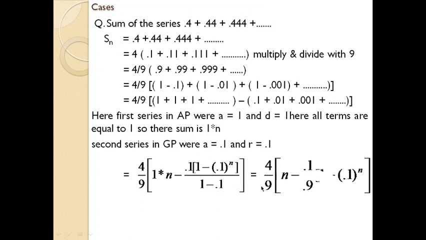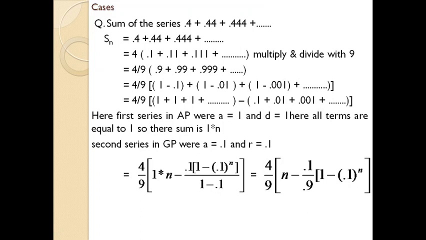By solving that, you will get 4 by 9 into n minus 0.1 divided by 0.9. 0.9 is 1 minus 0.1, into 1 minus 0.1 raised to n. We can't go any further from this step, so the answer will be this one. Whenever you are dealing with such a situation, you may not end up with a whole number, a positive number, a negative number, an integer or a rational number. Sometimes you may get an answer in an equation form or a format like this. Don't get confused or worried about it. Whenever you come to this, it will be the answer. Don't always expect whole numbers or a number form like that.